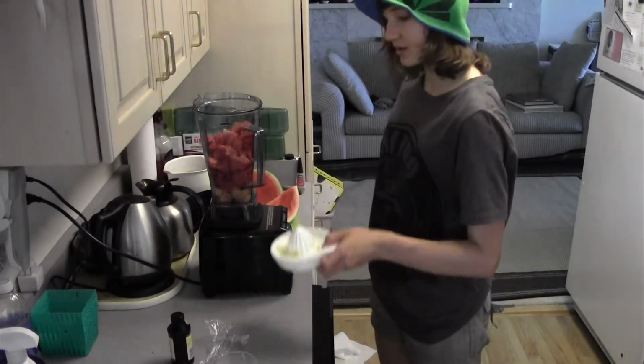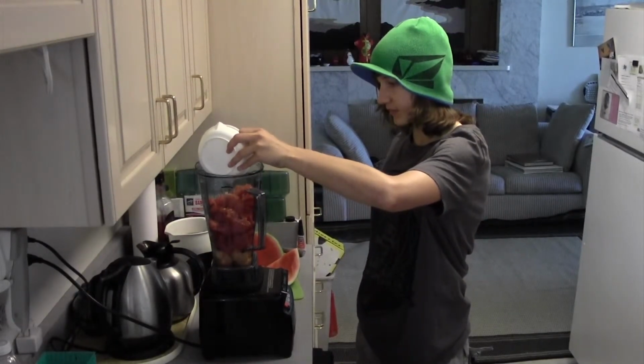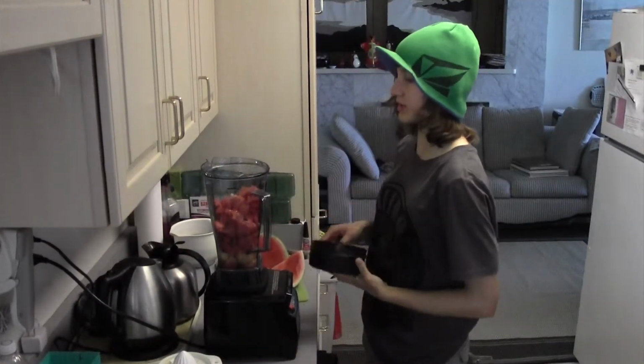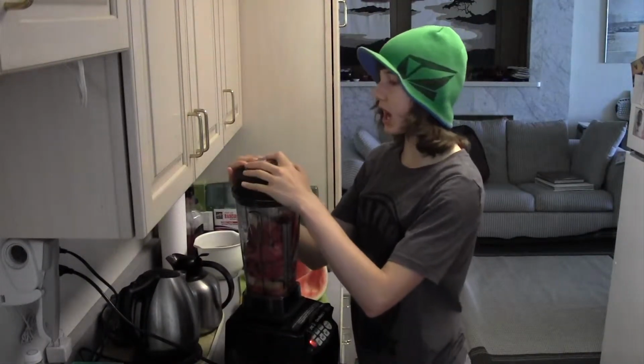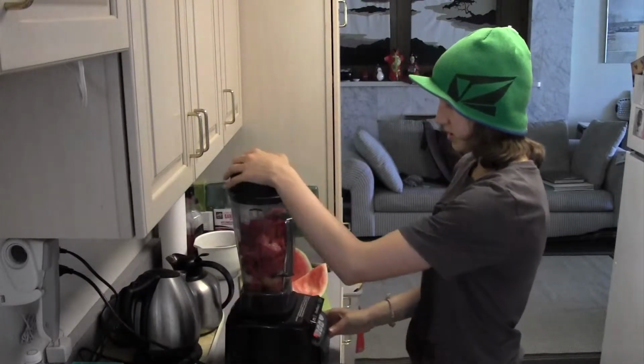Okay, and then you are going to add the lemon, lime, whatever juice. And that is pretty much it, unless you're gonna add sweetener, but we will taste it first. So let's put on the lid to our awesome new blender. And blend it like it was something that needed a lot of blending. Make sure it's all smooth and not chunky anymore. Once you're done,